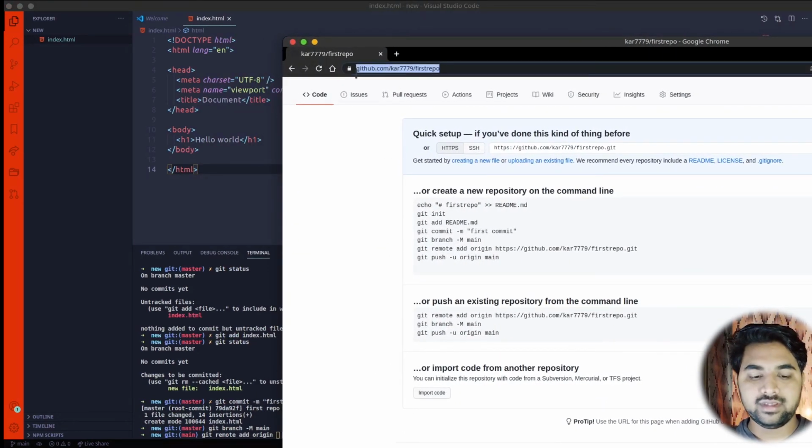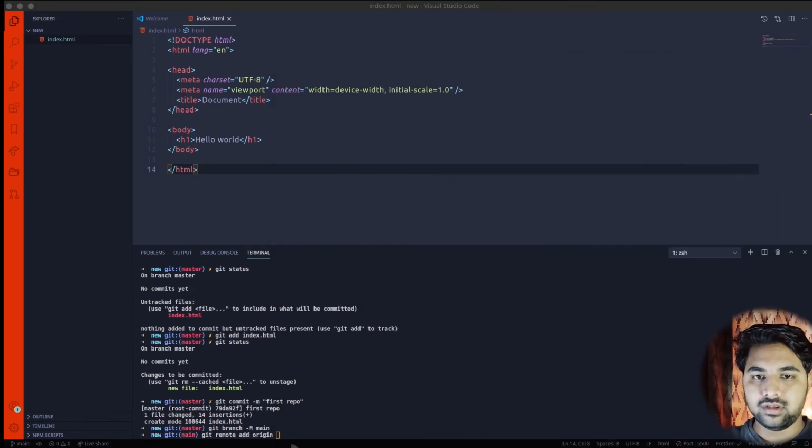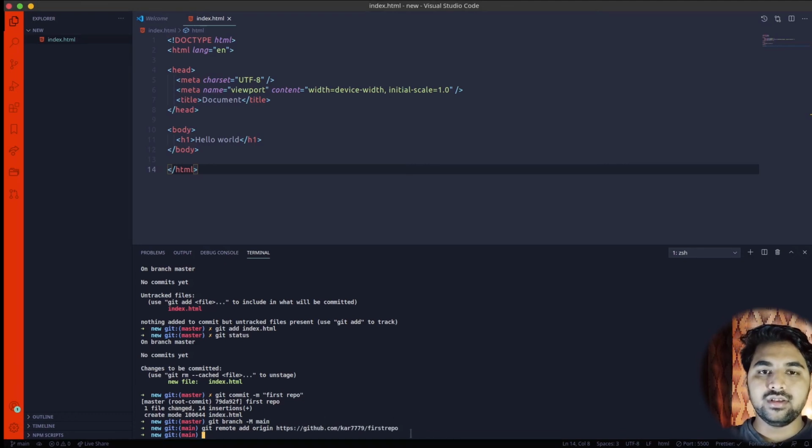I'll copy this path and paste it after remote add origin. So I've just pasted the path. Now I'll hit enter. So it is added; it adds the remote path to the GitHub.